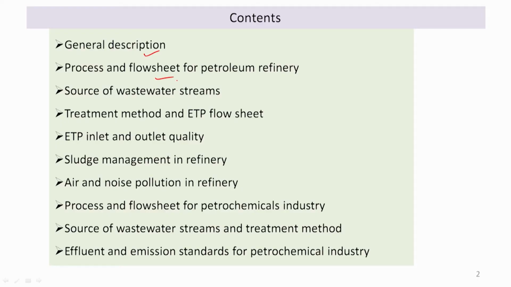Hello everyone, now we will discuss the topic industrial pollution control in grossly polluting industries, part 4, and in this class we will focus on the pollution control in petroleum refinery and petrochemicals industry. The contents are general description, process and flow sheet for petroleum refinery, source of wastewater streams, treatment method and ETP